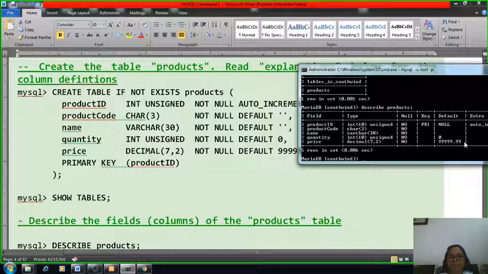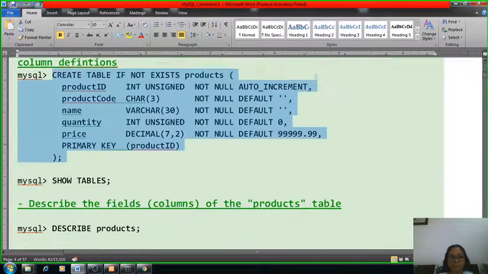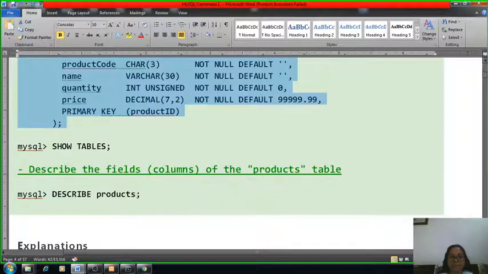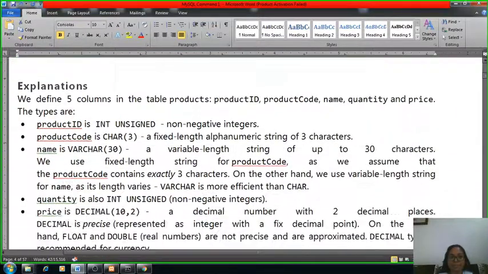Now we will insert the data inside this table. So what is the command for inserting information?